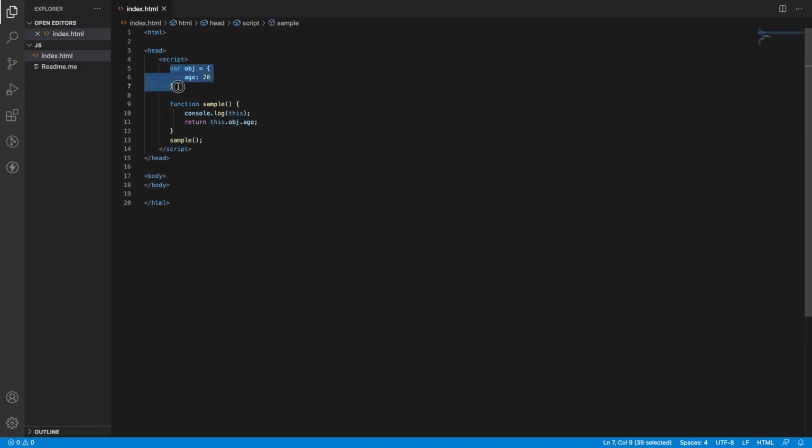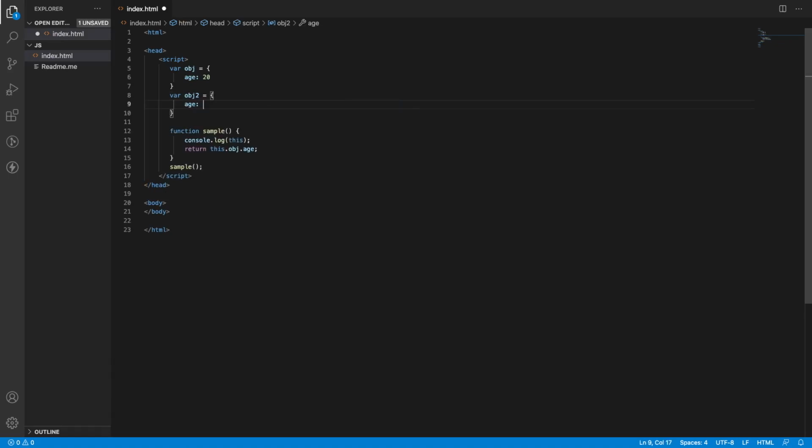So like this I need to access. To avoid this, for example, in future we may have obj2 equal to age 40. So I want to change my context from obj1 to obj2 by using the same method. For these scenarios, we'll be coming up with different functionalities to change that context.